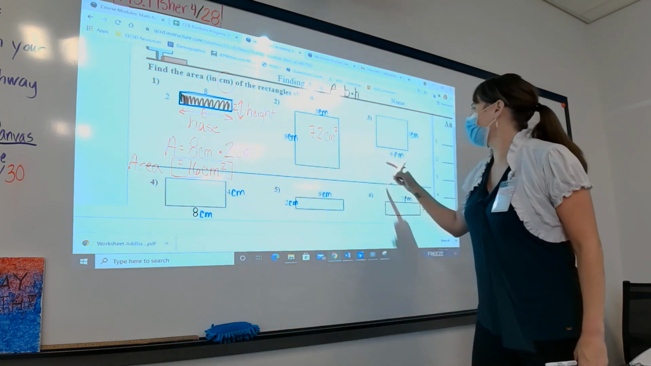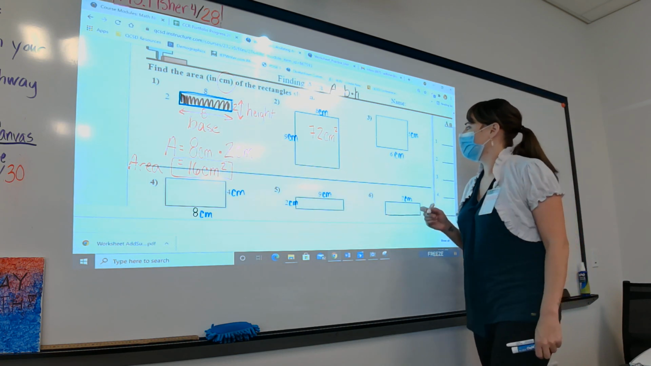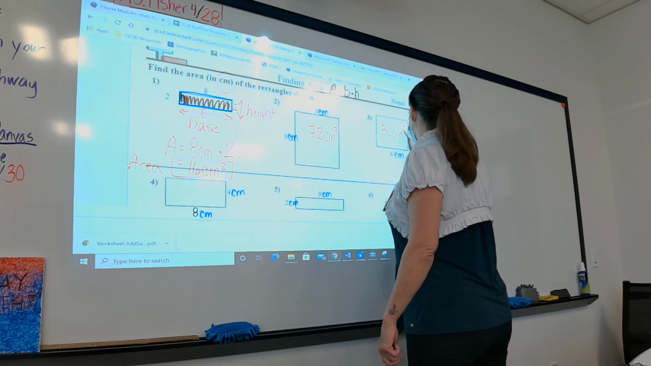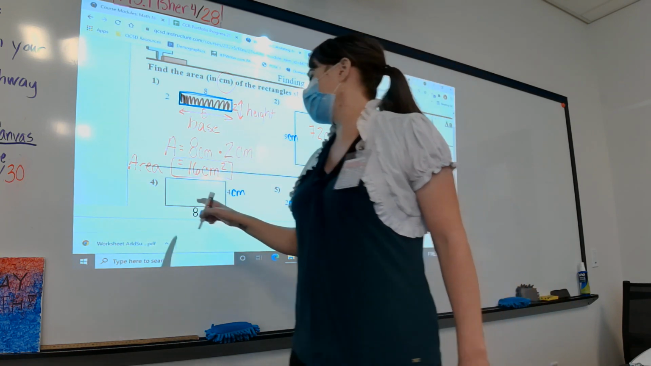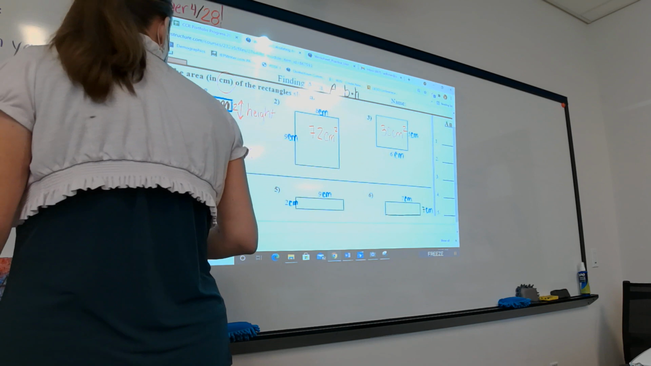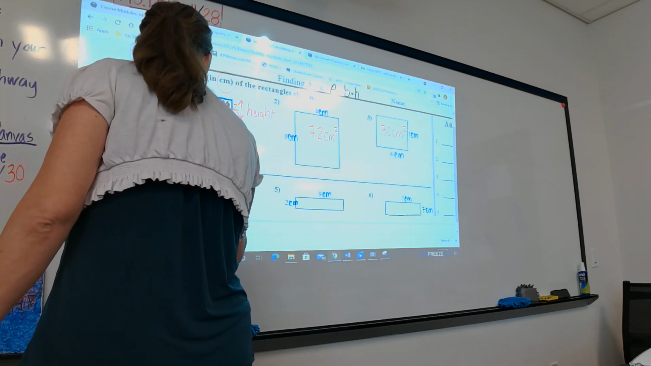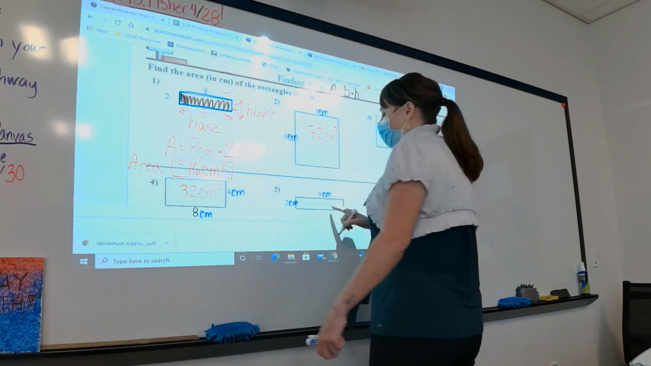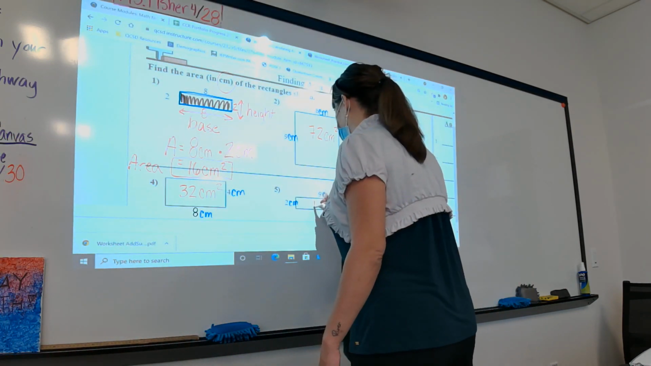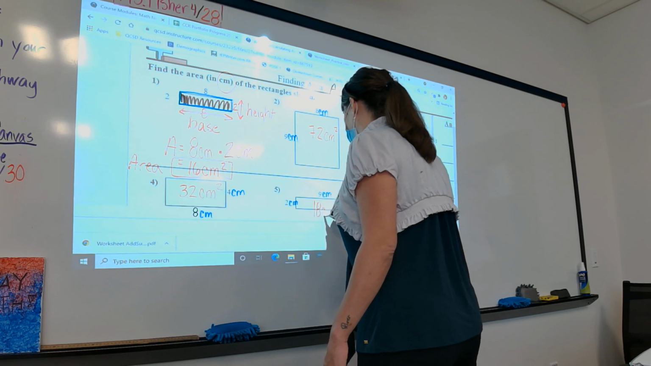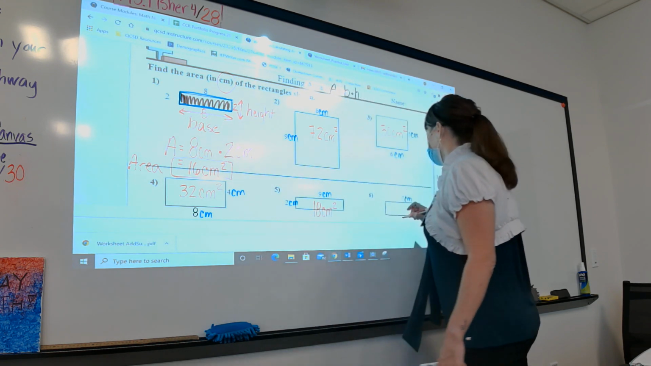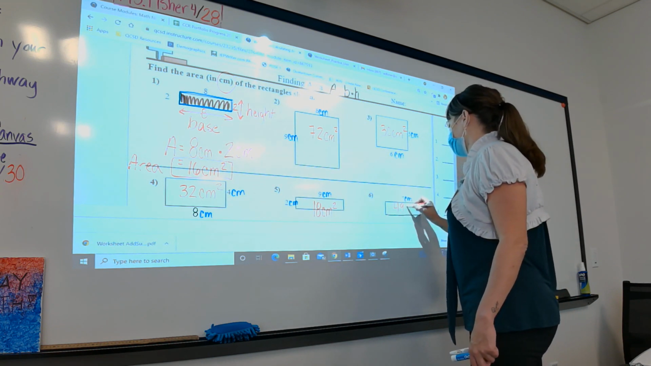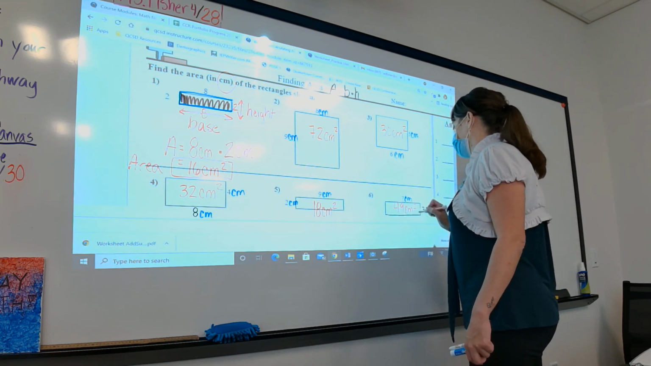Okay. What do we get for 3? 30 centimeters squared. Good. What do we get for number 4? 32 centimeters squared. Perfect. What do we get for 5? 18 centimeters squared. Perfect. What do we get for 6? 49 centimeters squared. Okay, so with that said, since I just checked and made sure you guys know exactly what you're doing,